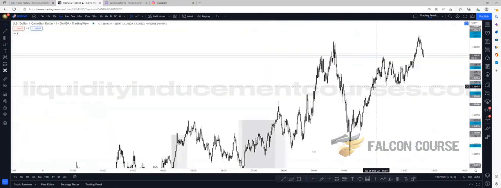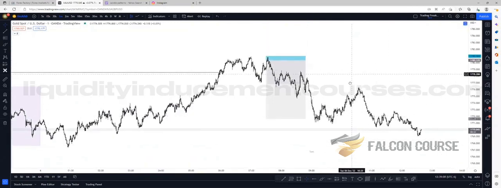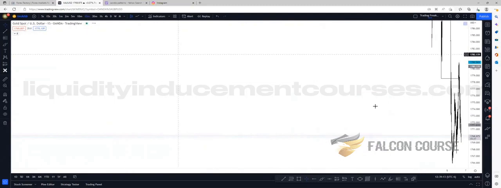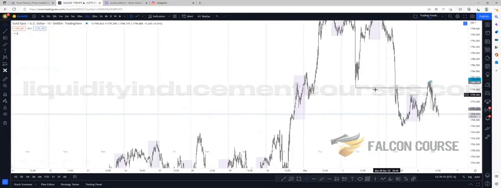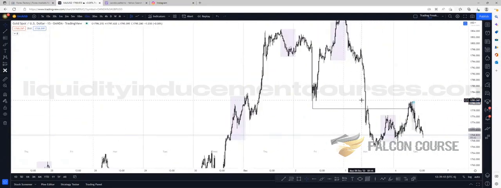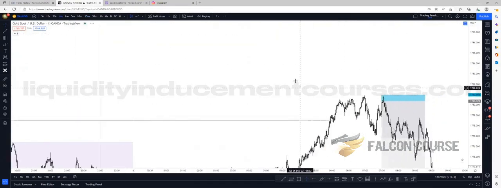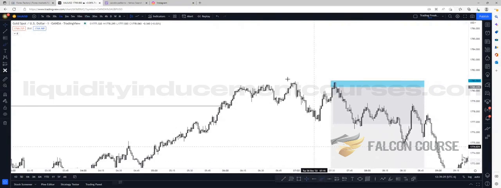Same thing happened on gold today. This is the trade that I took. We had the 15-minute balance point. We swept this high a little bit, but I still wanted to see some more balance. Once we did, I had the ideal setup. It was clean. You can see that this clearly swept the highs. We get a low, a high. I want to see liquidity there get taken. Boom, it takes, and we're gone.